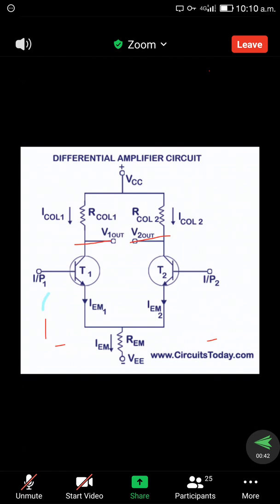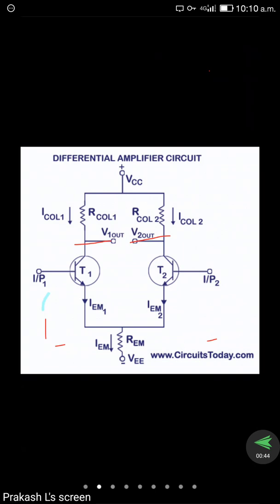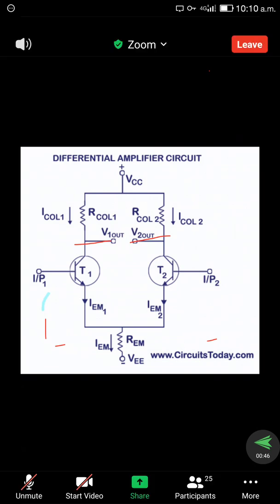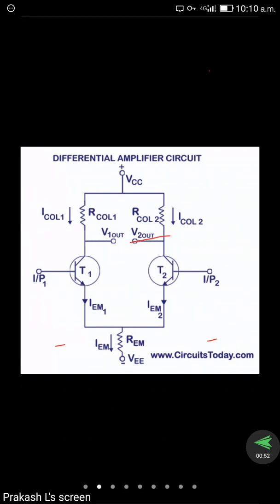So next, for suppose, in a differential amplifier, the input signals are different from each other. The input signals are different from each other. Okay. So if you are giving like this,